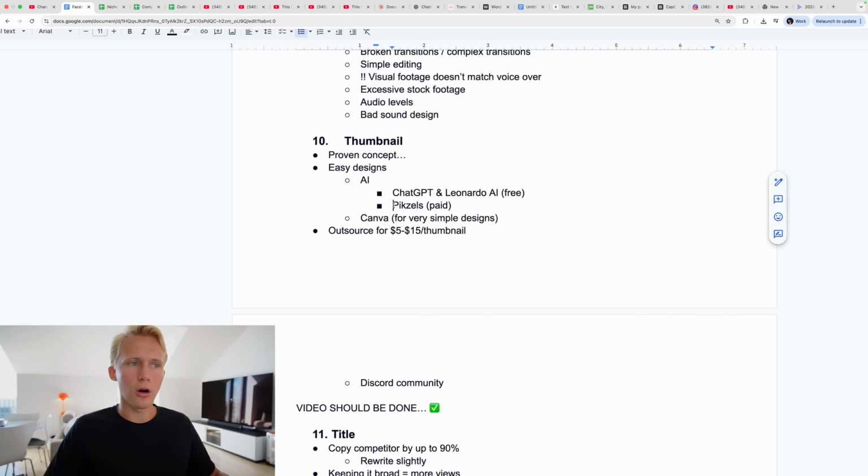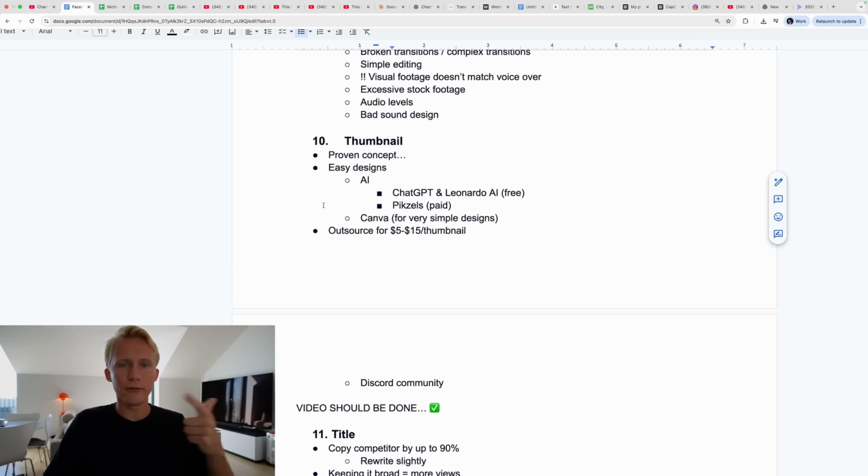Or you can use a tool called Pixels. I will also link this below, but it's basically a wrapper of ChatGPT, I think, that is specialized to create thumbnails. So instead of you having to sit and learn how to prompt and do all of this, you can, with Pixels, which is quite cheap, just get a tool that is already made for thumbnails. All of these features, like recreating viral thumbnails, or adding faces of your own to a thumbnail that you think is very good, are already implemented, and they're better at doing this than ChatGPT. Those are the different options.